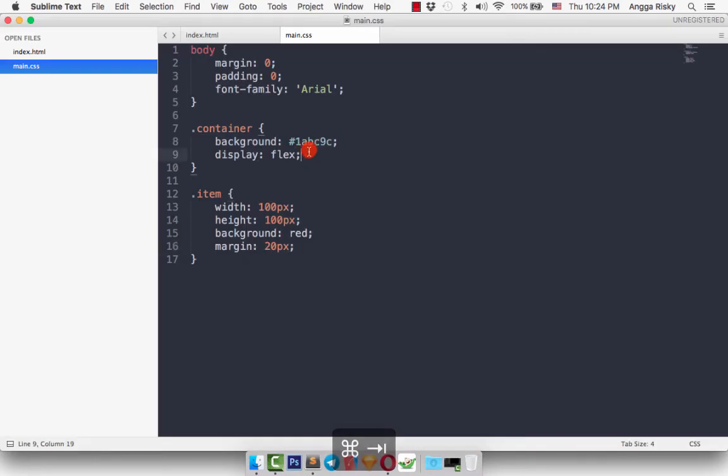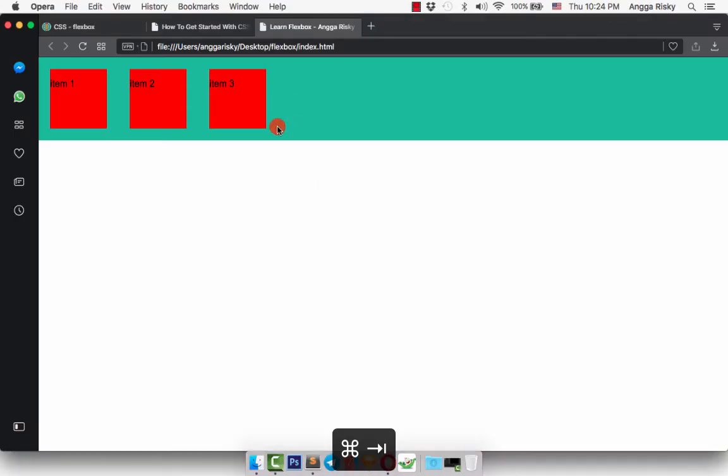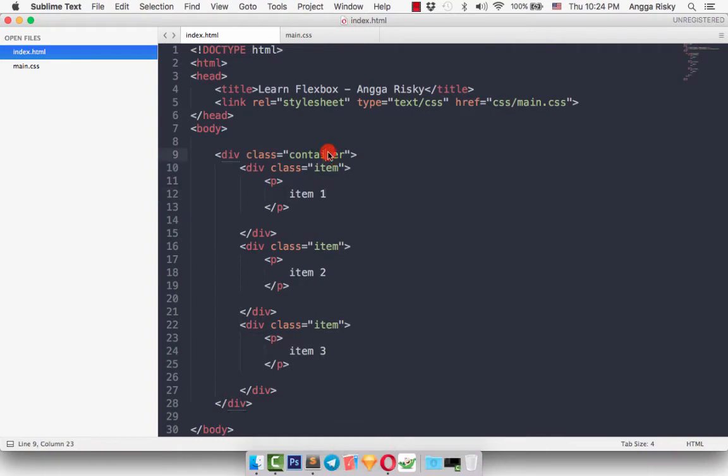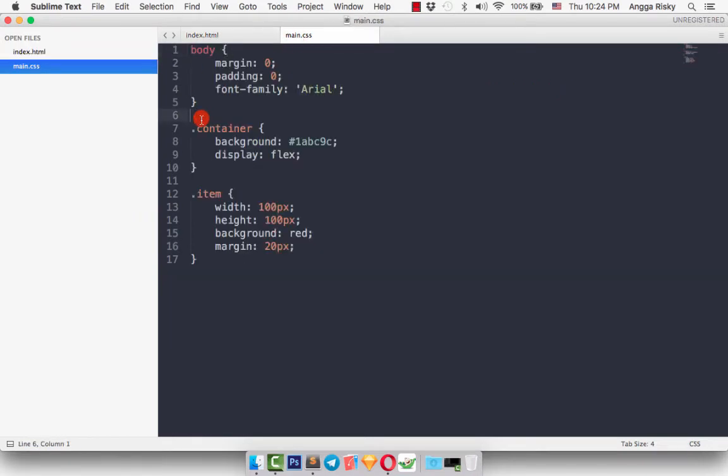Basically if you are using flex here like the container, this is for the container wrapping up your items. Inside of the container you have the children 1, 2 and 3. It's called the children, so this is the parent. Okay, container is the parent and the items are children. So I want to make it different,